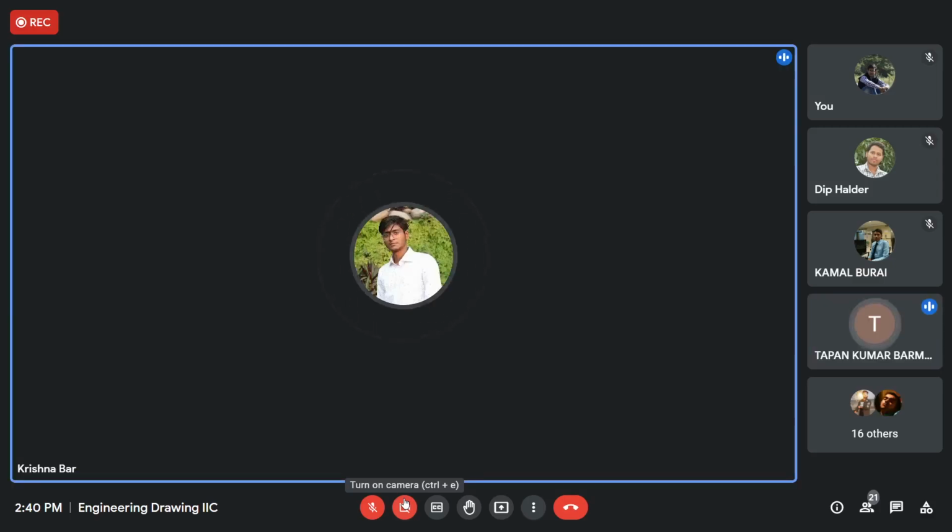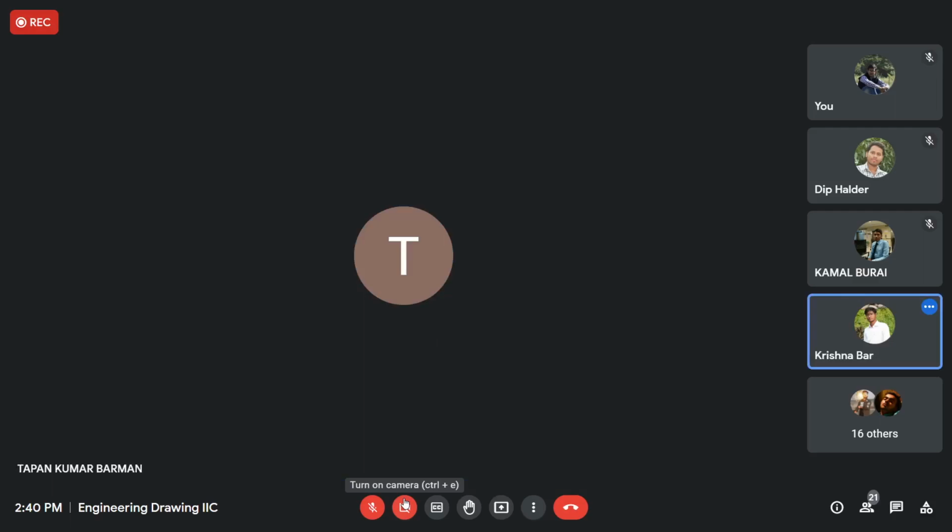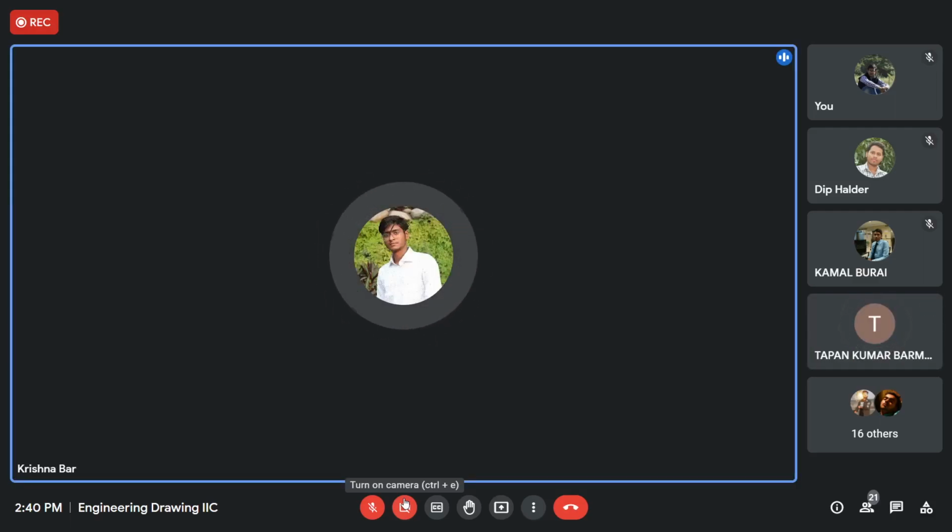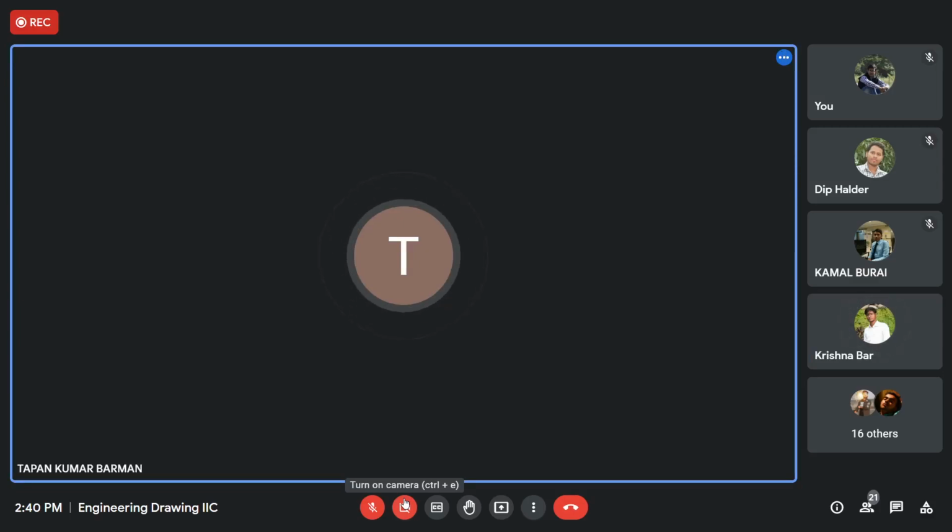Yes, Krishna. Sir, if in the viewport I do not change the scale and just scroll to zoom, will there be any problem? No. When you are zooming in or out, basically you are changing the scale. When you take the viewport toolbar there, if you zoom in or zoom out, that value will be changed.